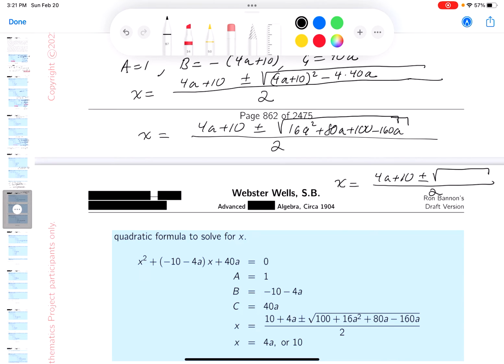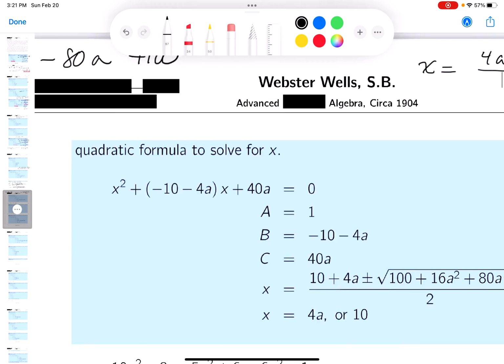And I'm looking at that. It's 16a squared minus 80a. Maybe I should write that inside. It's going to be 16a squared minus 80a plus 100. And yeah, you could do some things with that. I'm not saying you couldn't. But I'm looking at it, and I'm starting,